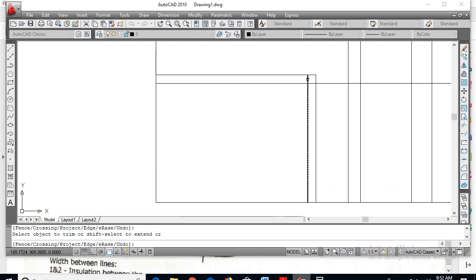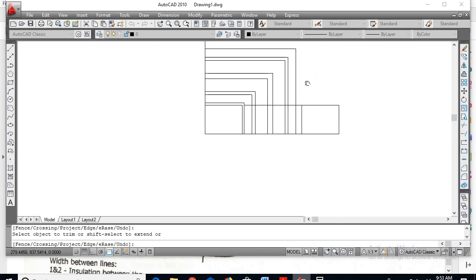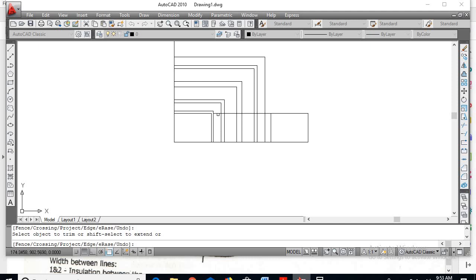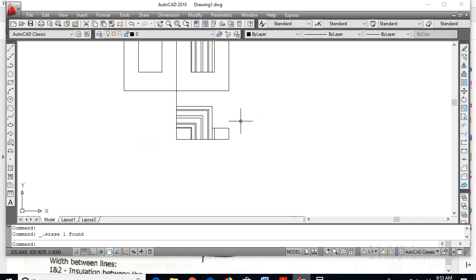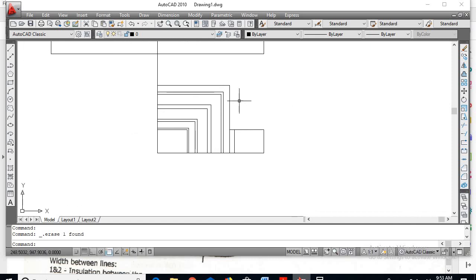And here is the insulation. Okay, this is one quarter of the diagram we have drawn.